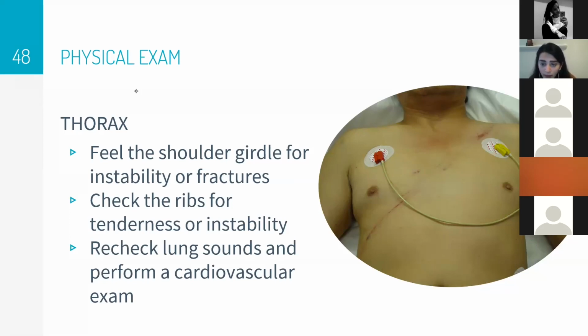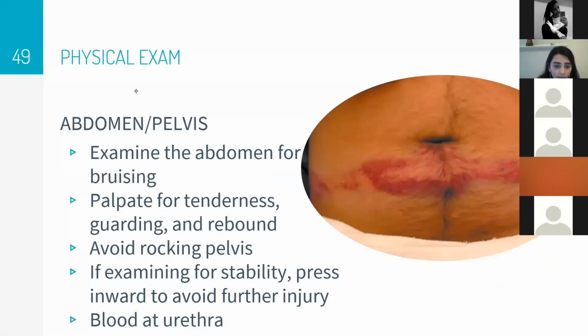Okay, so now we'll move on to the chest. Once again, really touch the patient everywhere, feel everywhere to see what hurts them. Feel the shoulder girdle, look for instability or fractures, check the ribs, look for any tenderness or instability, recheck your lung sounds, listen to their heart, feel the clavicle, look for any step off or fracture. This image shows a seatbelt sign on the chest, which should prompt more suspicion of an underlying injury. It's that bruising right here